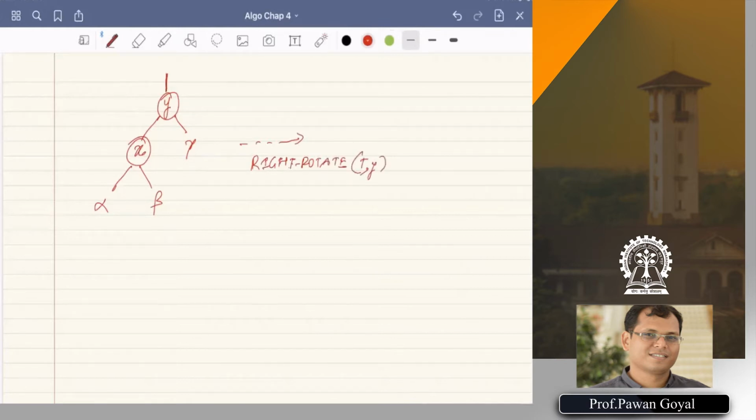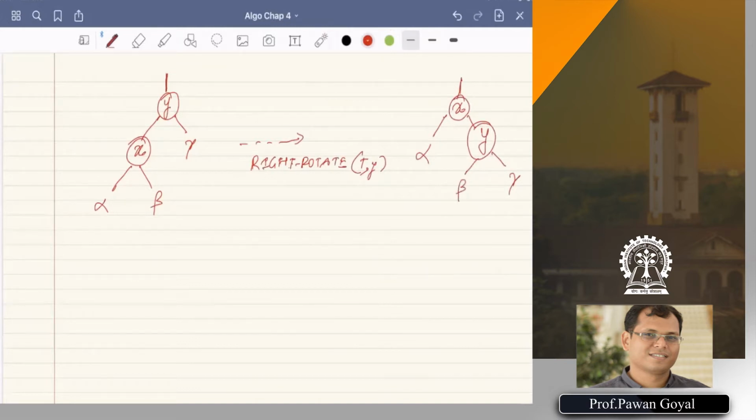What happens now? x becomes the root of the subtree, y becomes its right child, y retains its right child gamma, and x retains its left child alpha, and y gets one of the subtrees of x, so beta. And this is called a right rotation.